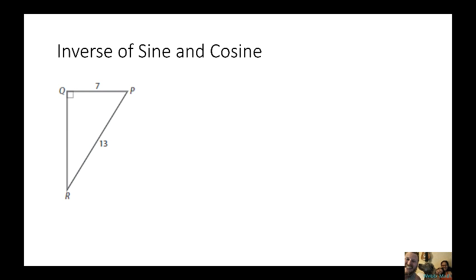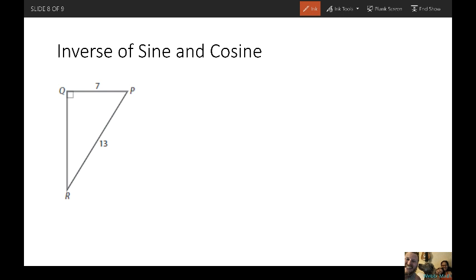All right, inverses of sine and cosine. So here we have two sides, but we didn't get an acute angle. So we're going to find angles. So let's go ahead and start with angle R. If you notice from angle R, its opposite is 7, and its hypotenuse is 13. So if I wanted to find